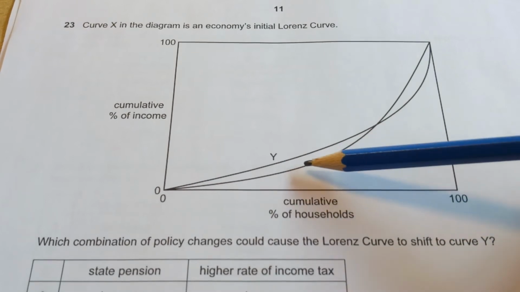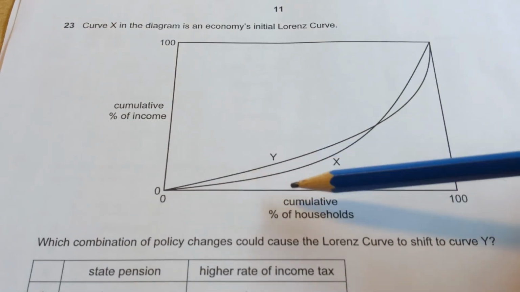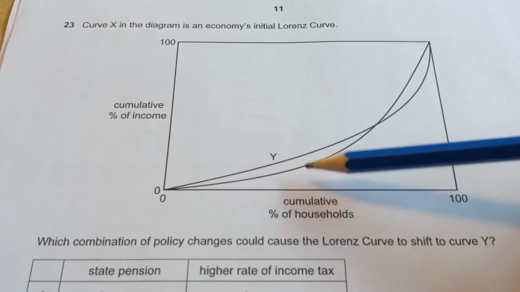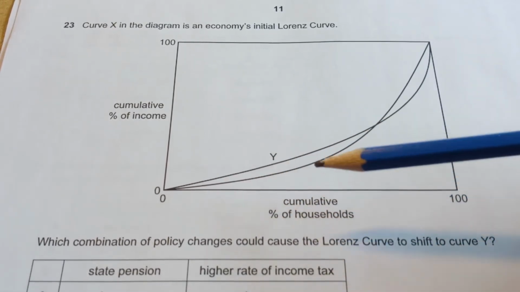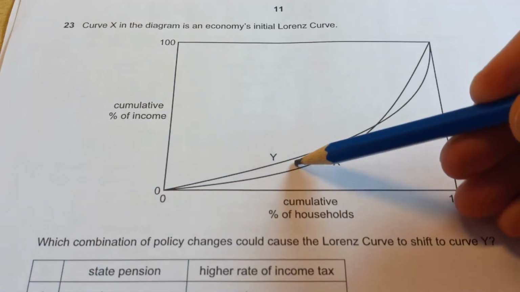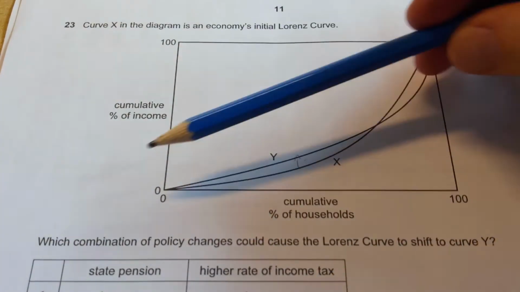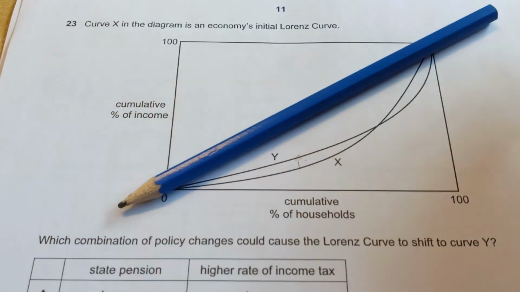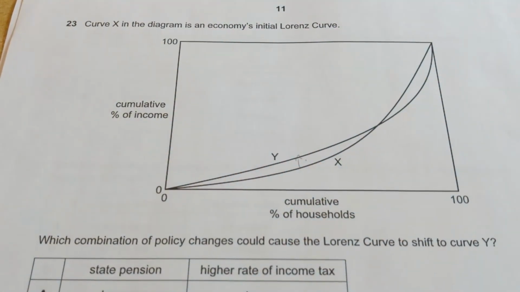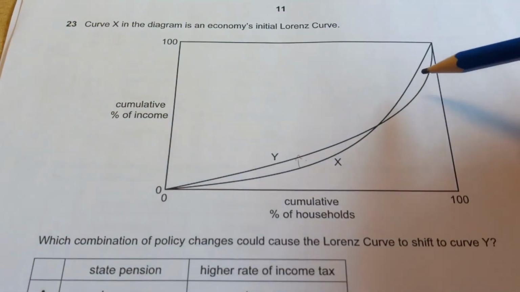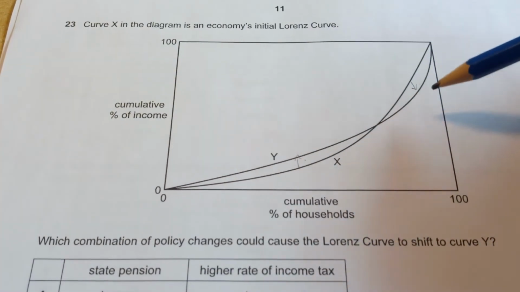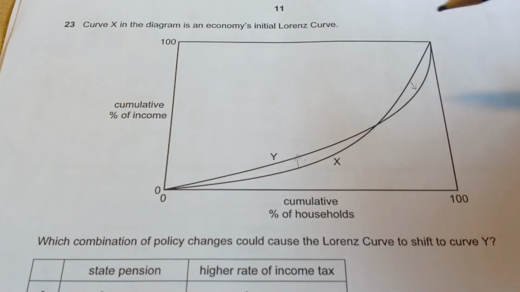So we can see that at the lower end of households, in the middle area here, the average number of households, there's been a slight improvement towards the line of equality, which of course would go along the line of the pencil I've just put in place there. Meanwhile, at the top end, there's actually been an increase in inequality. So what does this mean?